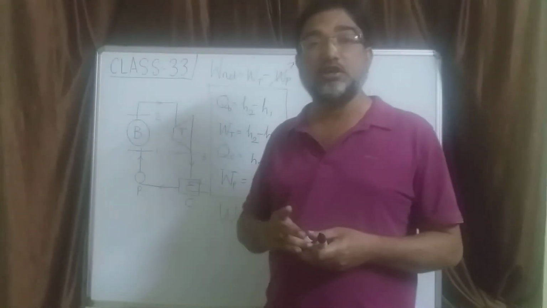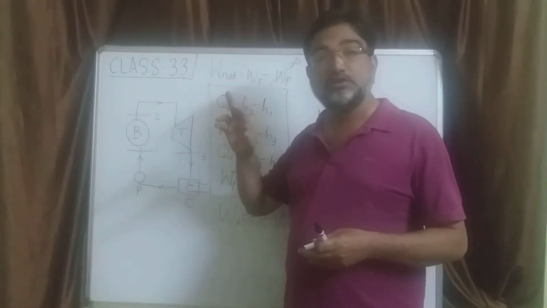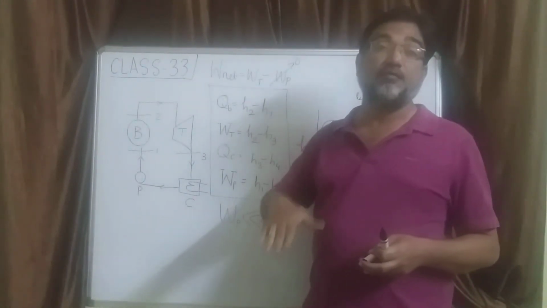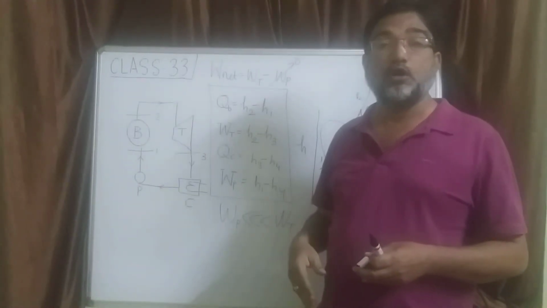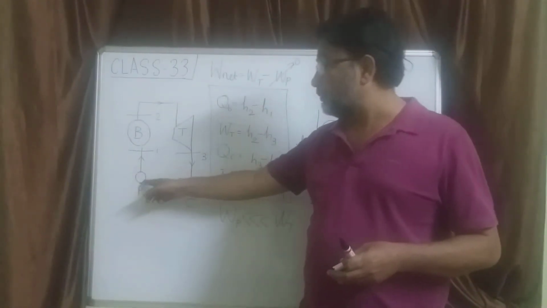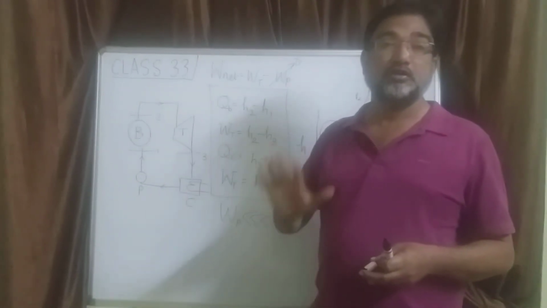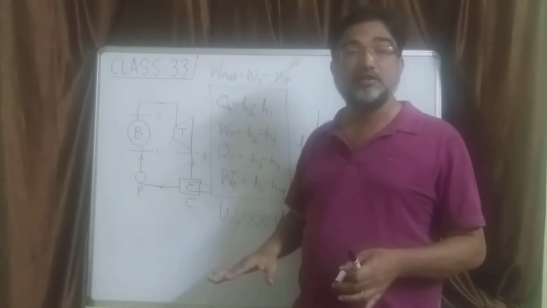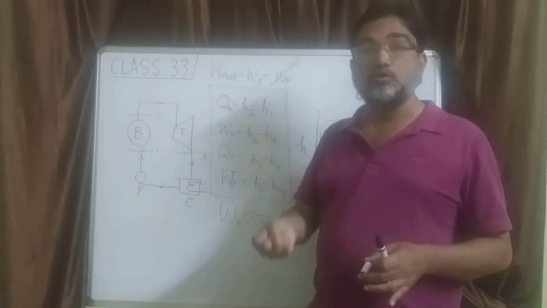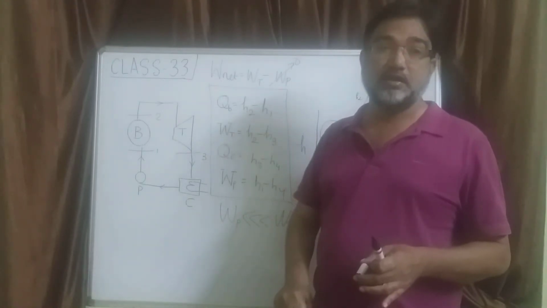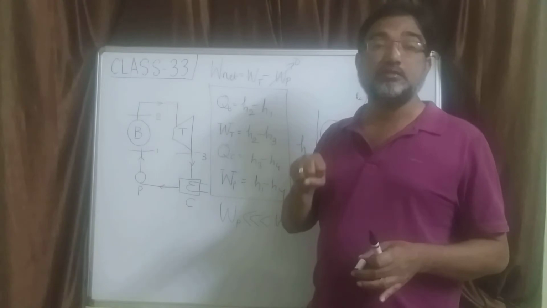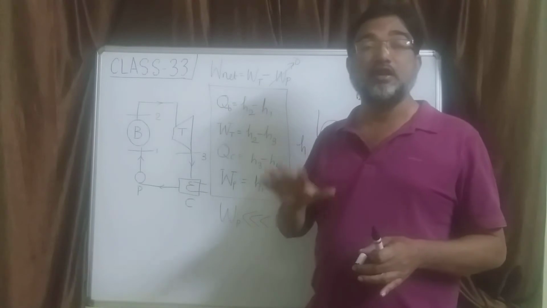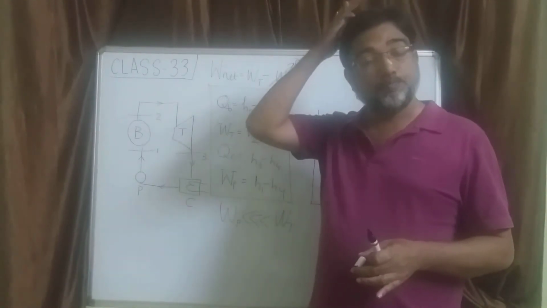So pump is a pressure boosting device. It is this pump which is an essential unit of any power plant, which pumps the water back from the condenser pressure level to the boiler pressure level. So the pump's existence is not neglected. The presence of the pump is a must. But what we are neglecting for our convenience of calculation is the amount of work associated with pumping, because it is much less than the output work that we obtain from the turbine, so very often we neglect pump work in comparison to WT.